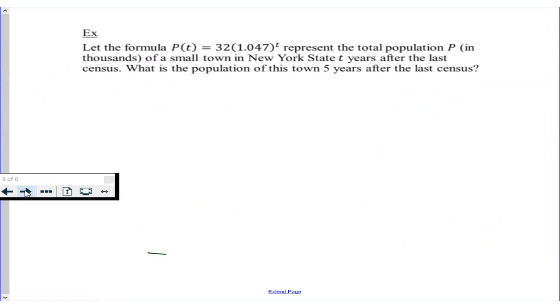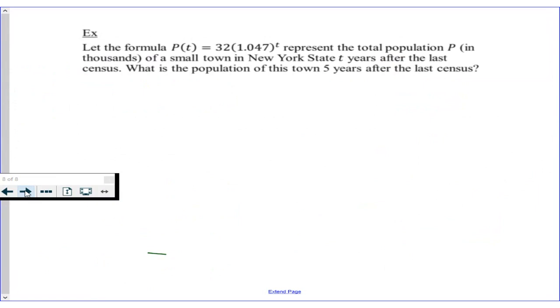The numbers are picked randomly: negative 1, 0, and 1. Usually we pick numbers around 0. Usually the common numbers we use are 1 and 0, because exponents are easy with 1 and 0. Any number to the power of 0 is 1, and any number to the power of 1 is the number itself. So for that reason, we choose 0 and 1, and we include negative 1 to see the behavior of the graph around 0.